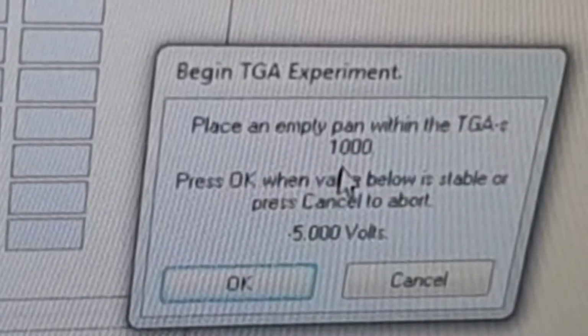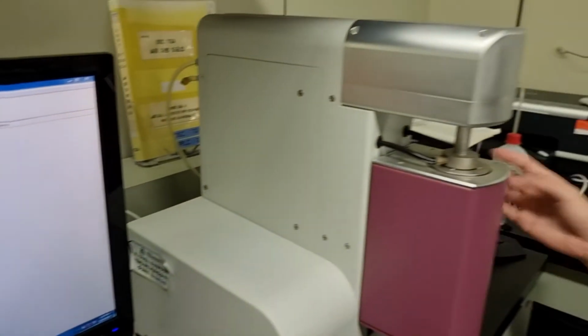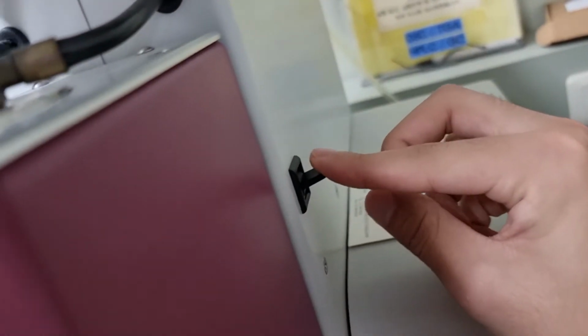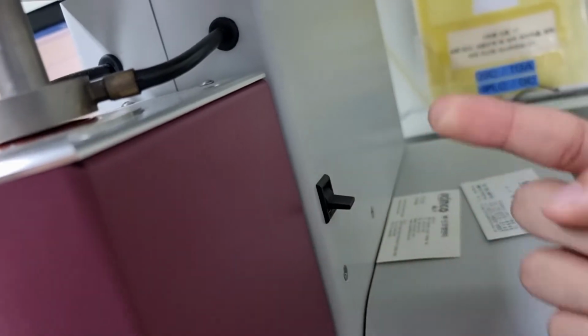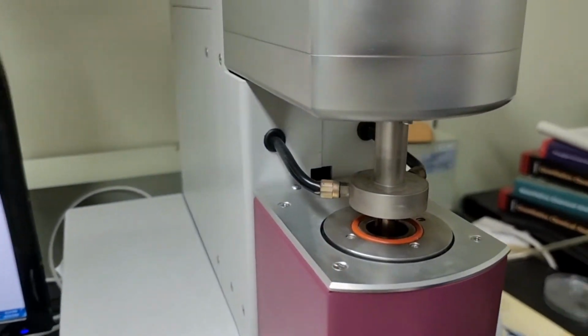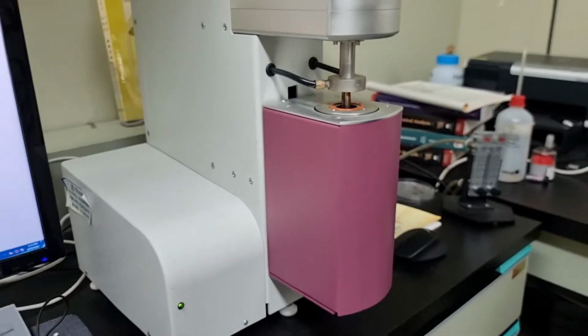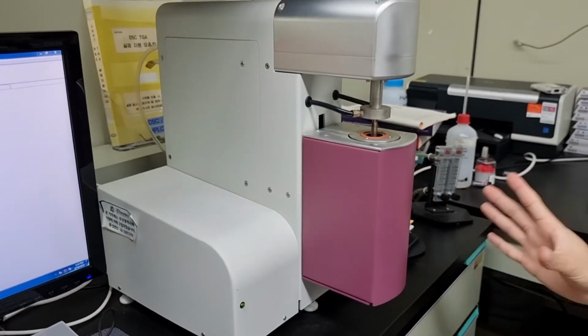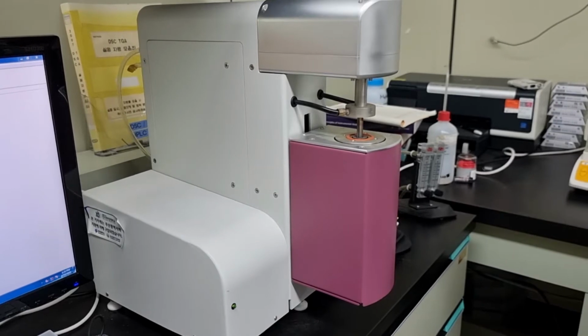When this appears, it says to place an empty pan within the TGAS 1000. So in order to place a pan, you should do it like this. This part, you can see this lever. So when you pull this down, you can see that this machine goes down. And you can just wait after pulling it down because it'll automatically stop when it's fully down.